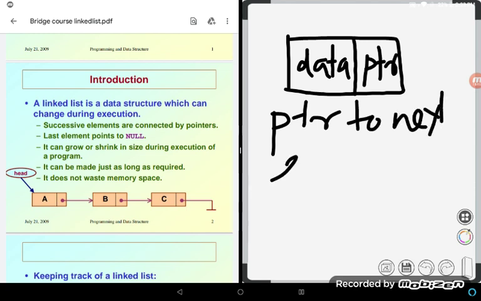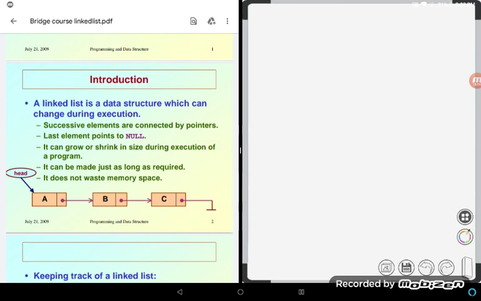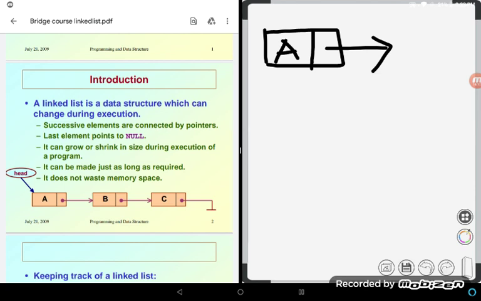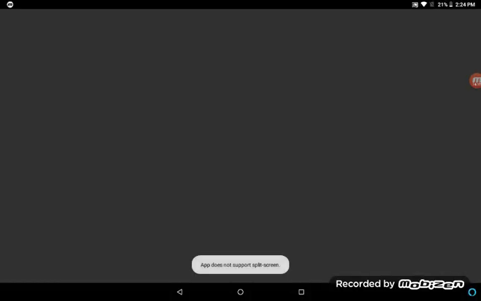See the diagram. Here in the diagram, the first element of the linked list stores A, and there is a pointer pointing to the second element, and the second element stores B.